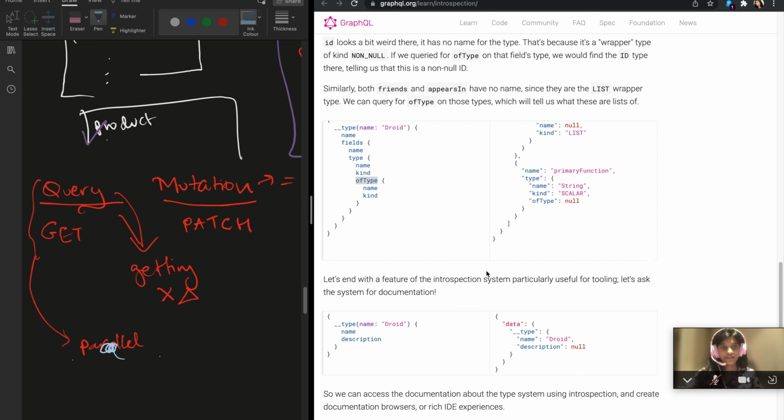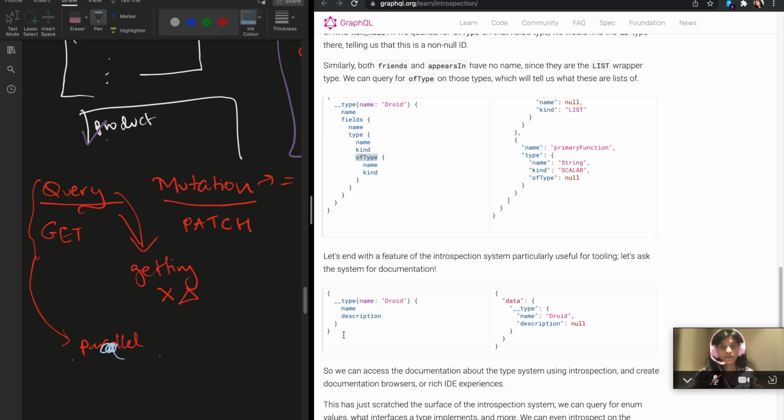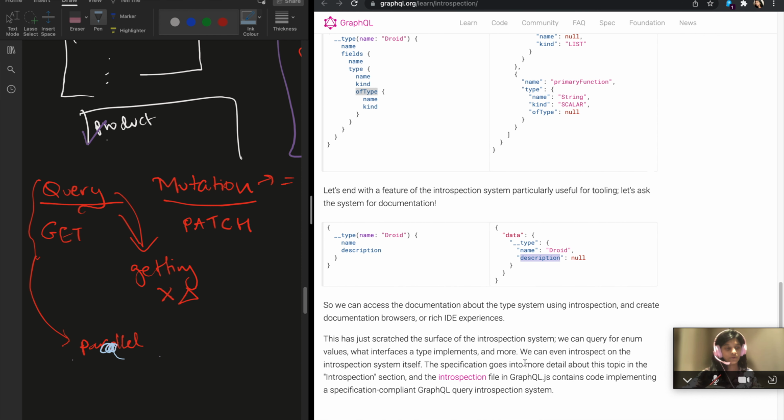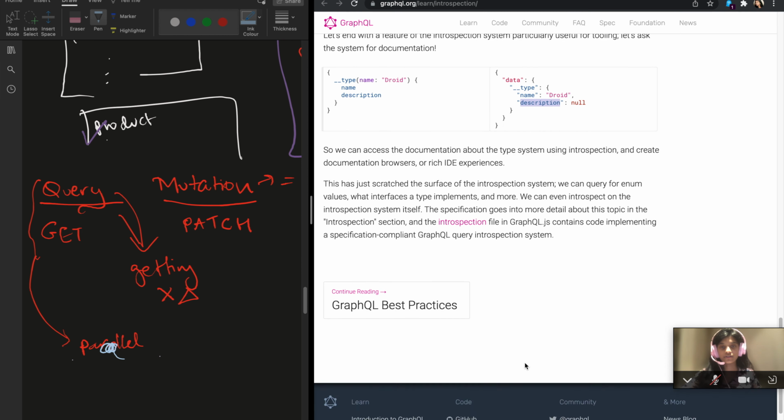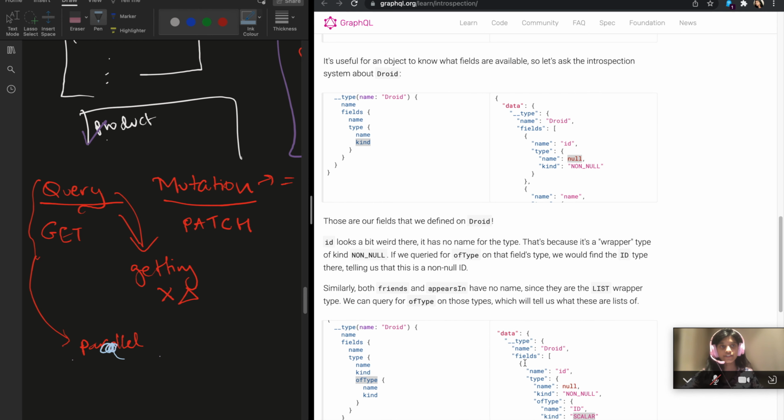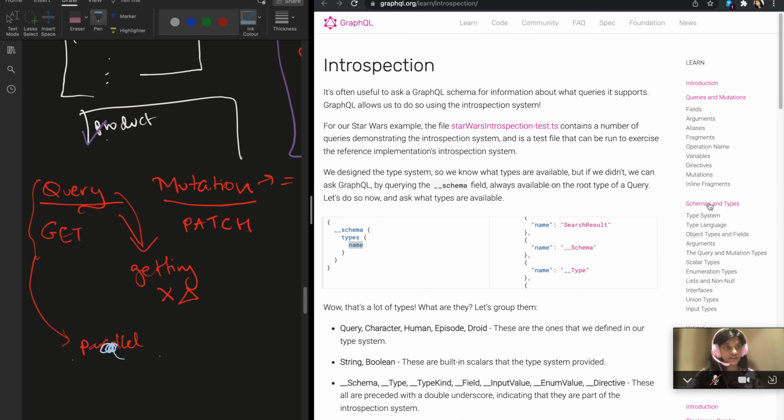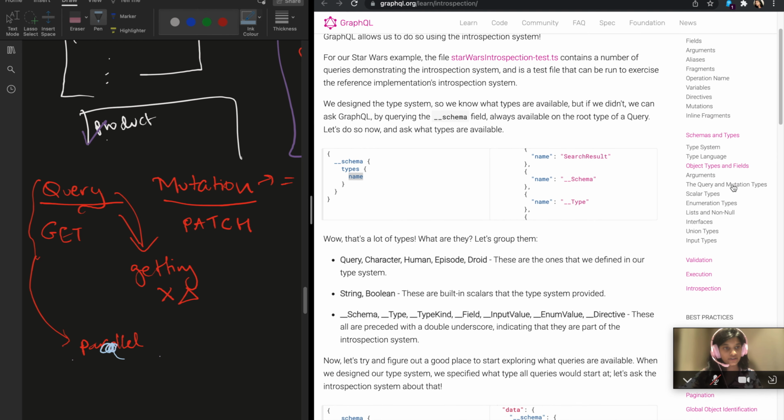Okay. You can also have a description field, and this is particularly useful if you want to have it ready for the user for tooling, and so they know what it is because you have the documentation right there in the description field. Okay, so that's introspection. Let's move on to